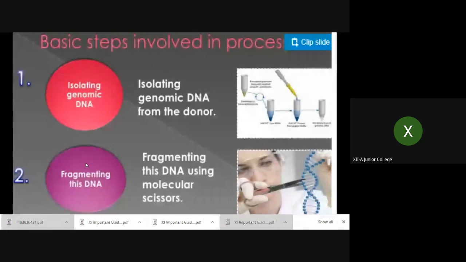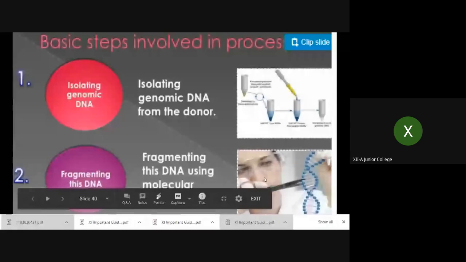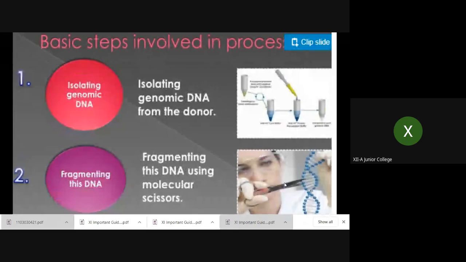Now this picture purposely I have shown here. Cutting means what? What do we use for cutting? Scissors, right? What is the role of scissors? To cut, right? But here, the picture which is shown, we can't do like this. They are very small, molecular level work it is, isn't it? Just to understand. So cutting is done with the help of scissors.